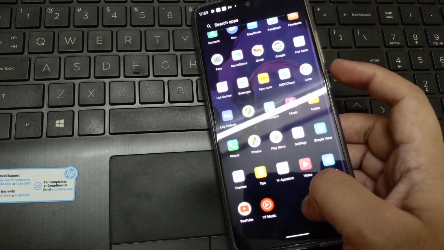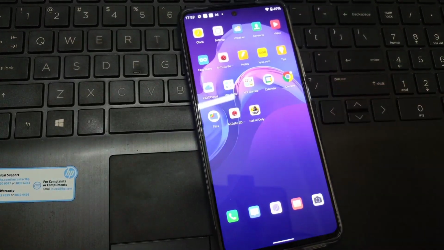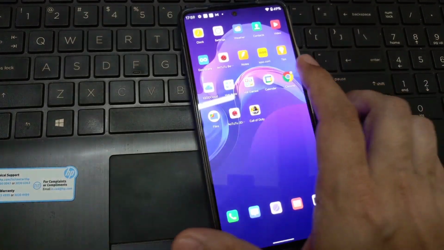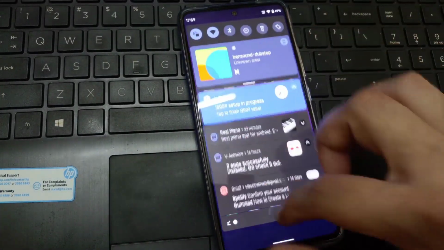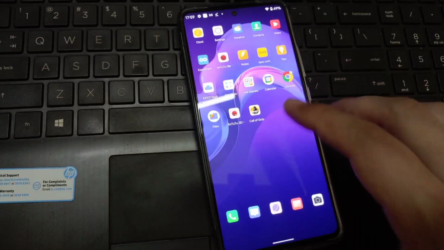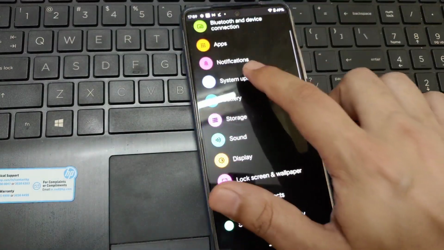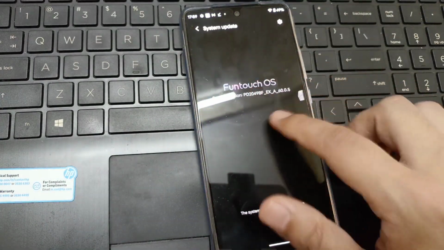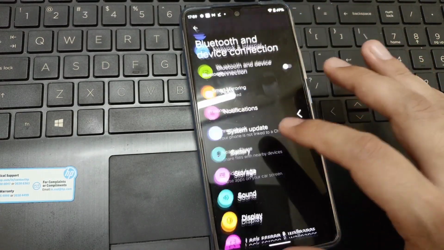YouTube, YouTube Music, each and every app is currently functional. If you want to use it for calling and other features, internet surfing, everything is working definitely fine. But the animation seems to be broken as of now. Only the animation seems to be broken, as I showed you. If you go to this, it shows a very glitchy sort of animation. So that's the only thing. Otherwise, Bluetooth, everything is working fine.